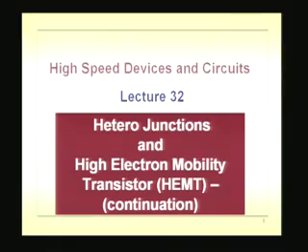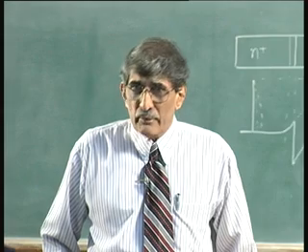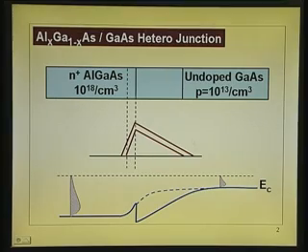We were discussing the gas-gas heterojunction with one side very heavily doped, 10^18 or above. In fact, we will see what is the upper limit on this later on when we make the FET, and this is undoped, means not intentionally doped, 10^13 per centimeter cube p type. What I am trying to point out is, just like in the regular n plus p junction, there is a depletion layer here,